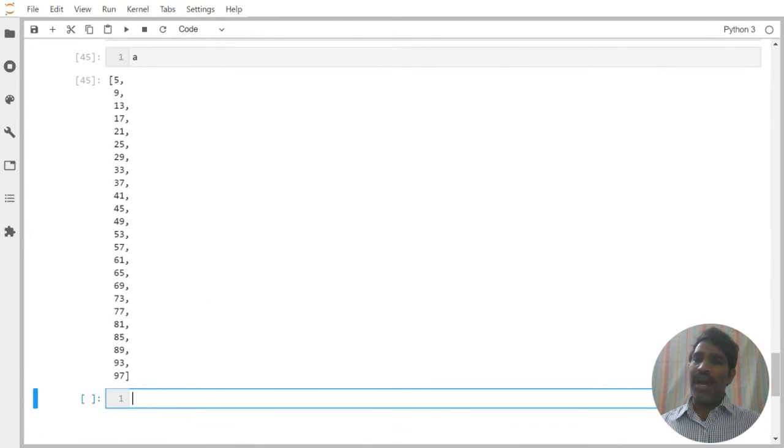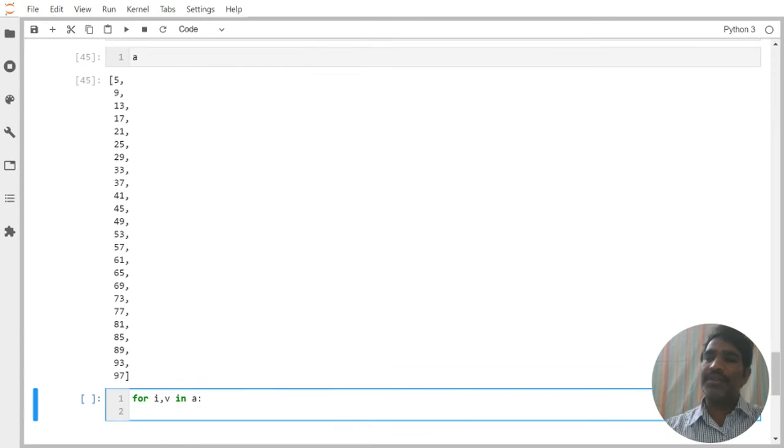I want only alternate numbers. Then you can write for index, value in enumerate of a.